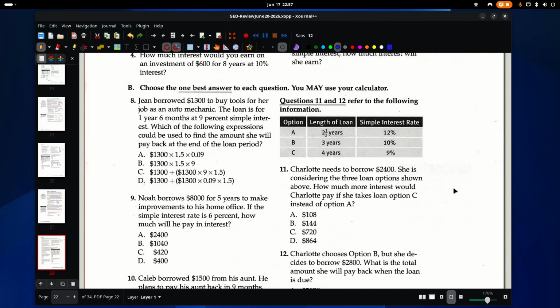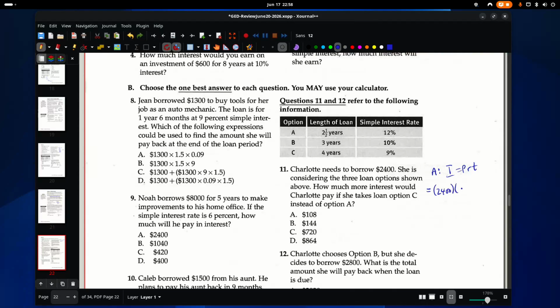Okay, Charlotte needs to borrow $2,500. She's considering 3 loan options shown above. How much more interest would Charlotte pay if she takes loan option C instead of option A? So for A, let's see how much she would pay. So interest equals PRT, which is our principal. I should give myself some more room there. Principal is $2,400